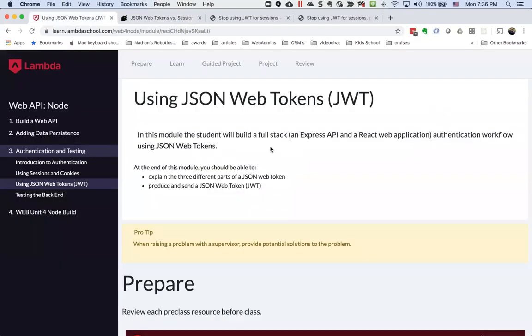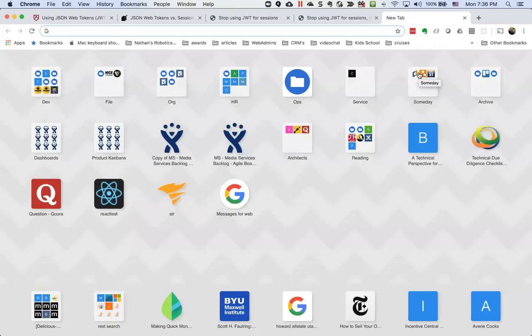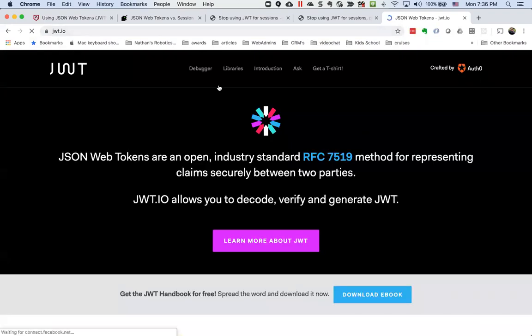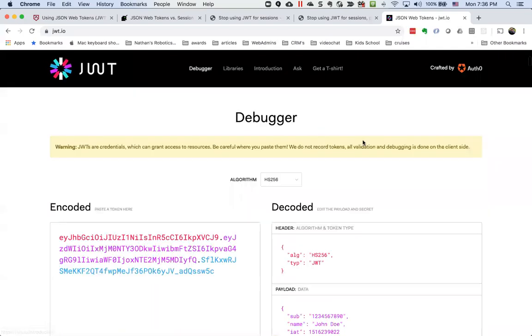All right, so let's talk about JSON web tokens. To kind of give an overview, and if you went through the training kit, then you saw this, but we'll just do a review of it. If you go to jwt.io and then click on the debugger link,